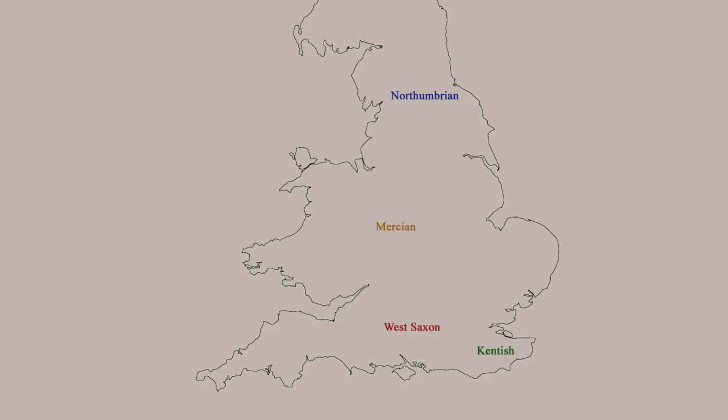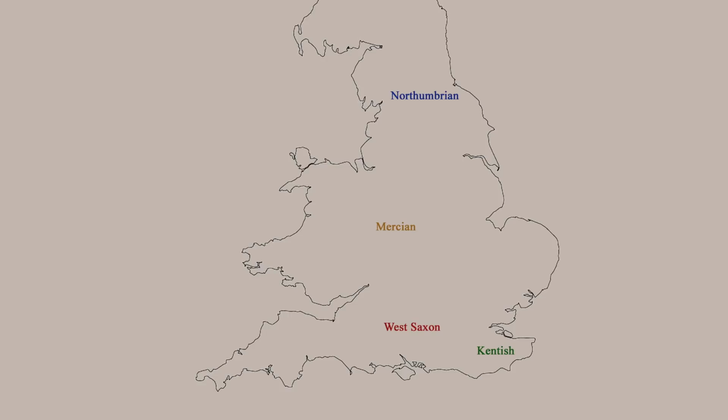If you want to get straight to the point with example sentences, I'll just put a timestamp on the screen and you can skip to that. But otherwise, you'll normally see 4 major Anglo-Saxon dialects referenced in the literature, and those are West Saxon, Mercian, Kentish and Northumbrian, although in reality it was more of a gradual spectrum from south to north and from east to west, just as it is today.